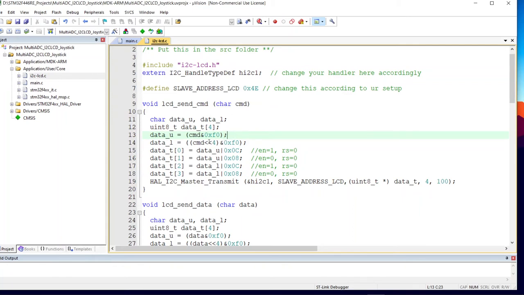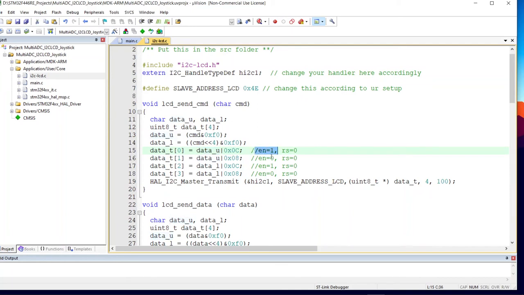So we have masked it here, and stored a separate variable for the upper nibble and another one for the lower nibble, because we want to pass them. There's essentially like 4 bytes to be passed in this configuration as a 4-bit transmission. One is for the upper data that needs to be transmitted, but according to the data sheet,